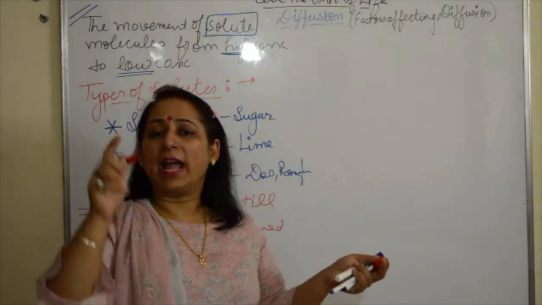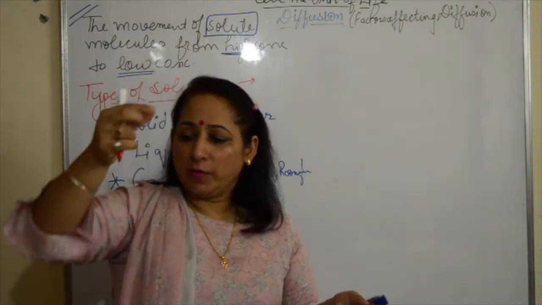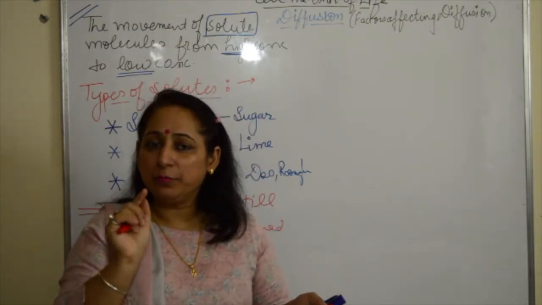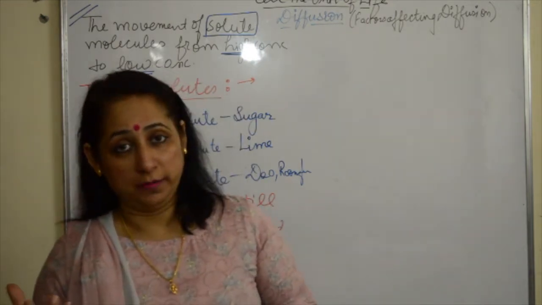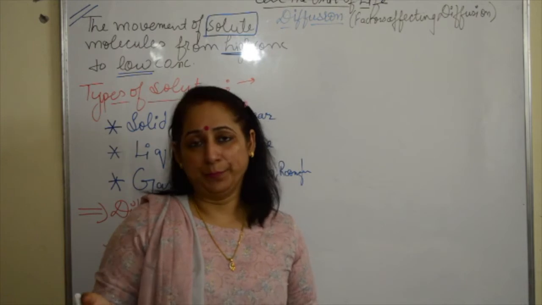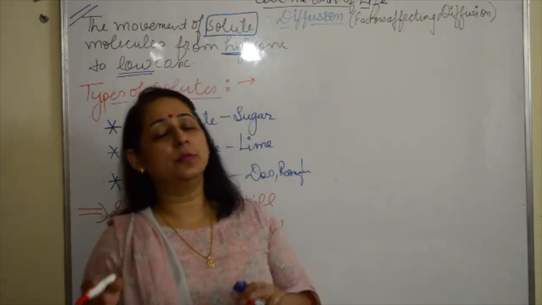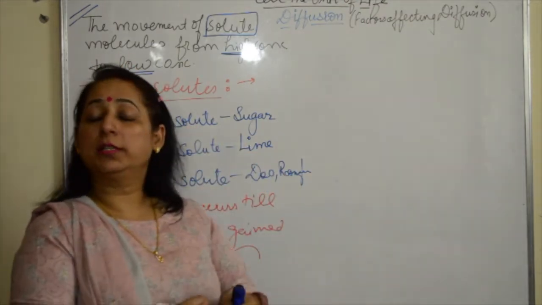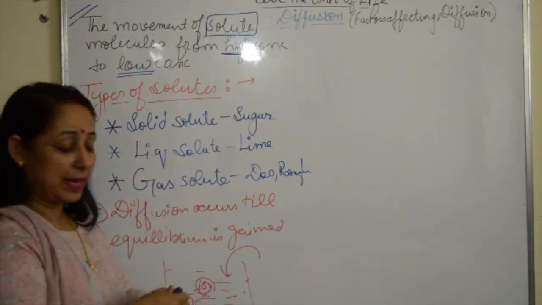Like for example, if you add one drop of ink in one glass of water, when you add it, you will see that slowly it starts mixing. It will take time to mix, but if you stir it, you will see that the water turns blue. Fine, so that's complete mixing of both of them. So what I'm trying to tell you is that until equilibrium is reached, the diffusion will keep on happening. So this is the definition of diffusion, and then the types of solutes which we have, and we have also taken one example.